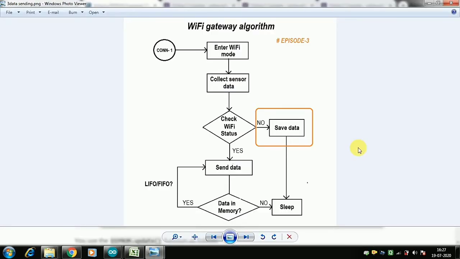So with this, let me conclude the session today. I tried to keep the video length shorter, but couldn't help it because I had to explain it. Otherwise, I wouldn't have done justice to the viewers. Anyway, today we learned how to save and retrieve data from a non-volatile memory. We used EEPROM. Later we will also see SPIFFS. Once this is done, now we can implement the whole algorithm. In the next episode, we'll try to do that.